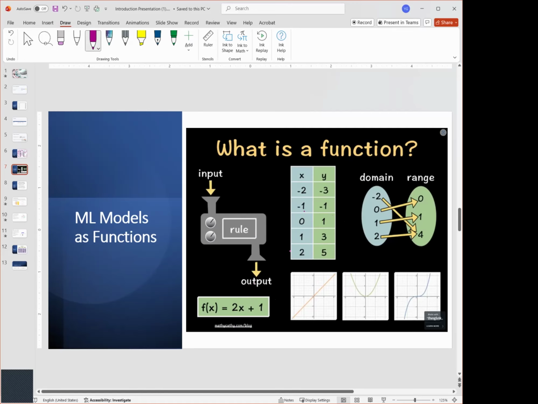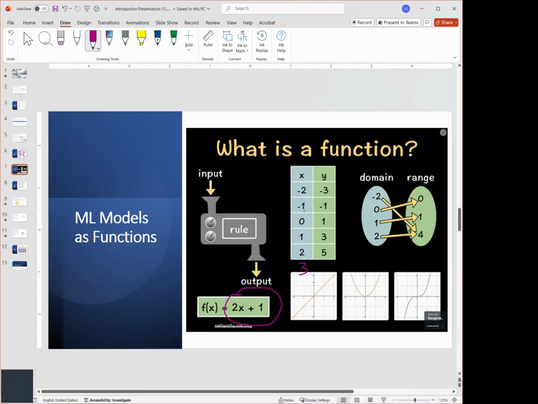So our job in machine learning is to find the function. We don't know the function, but we can find it. And once we find the function, we can make predictions. So what does that mean? Once we find this function, we can get a new x, whatever the new x is, for instance 3. In this data set, 3 is not part of the data set. 3 is a new feature, a new input.